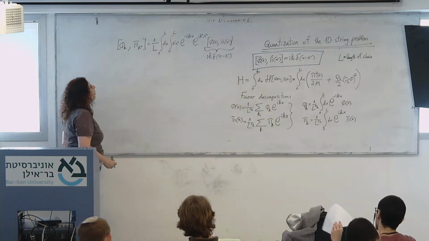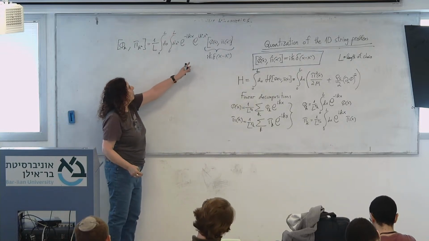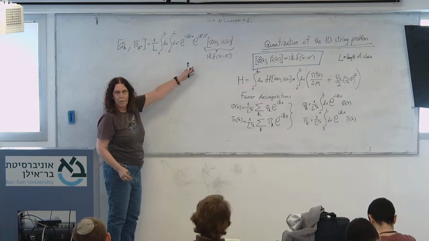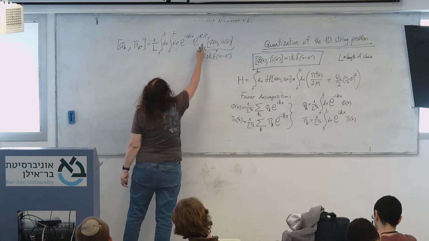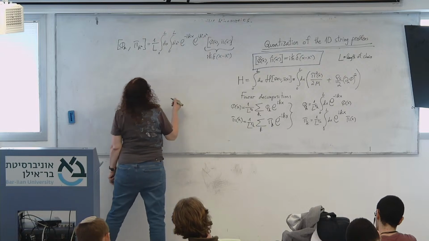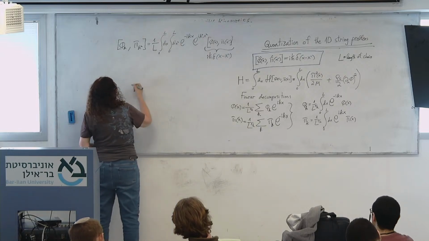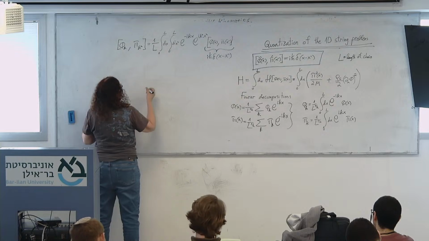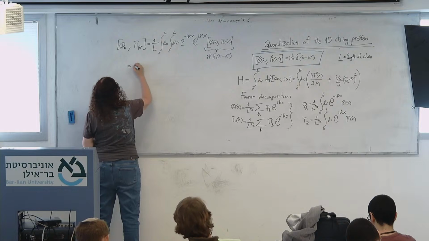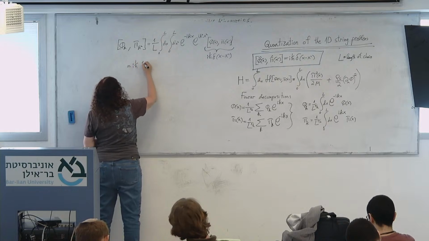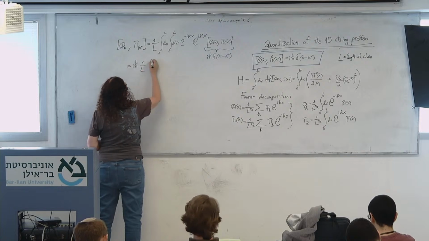And therefore, I can easily integrate over x prime to get x prime equal x. So after integrating the delta, I'm getting the following results. First of all, there's a factor of iħ, 1 over L, and now I get